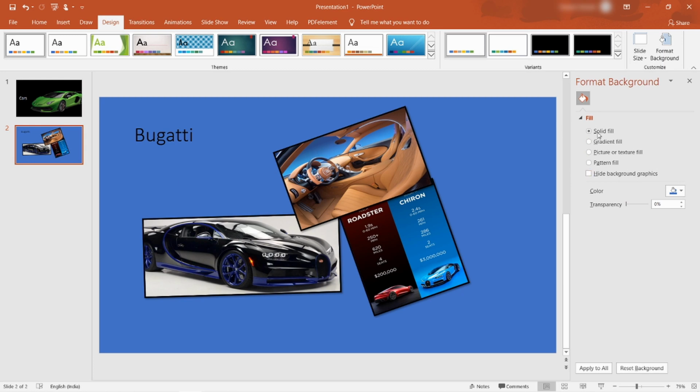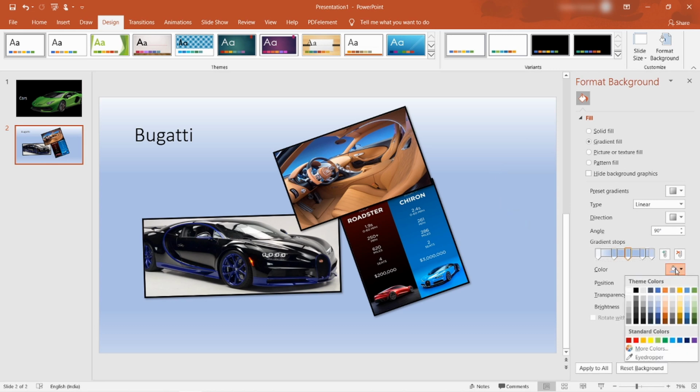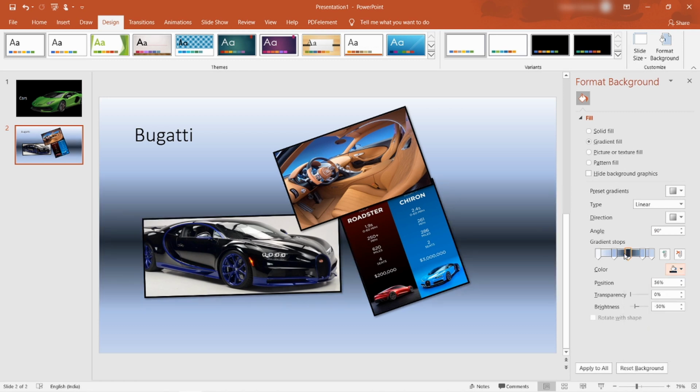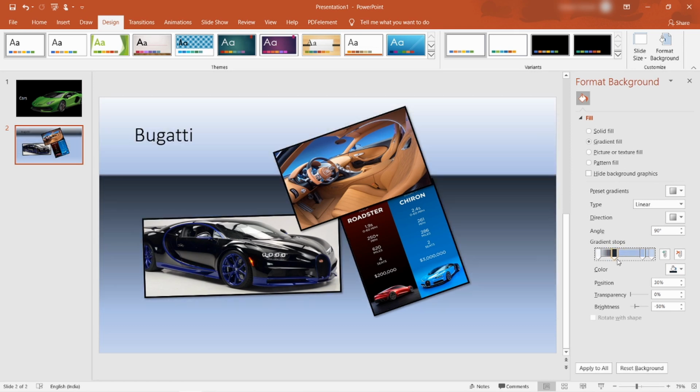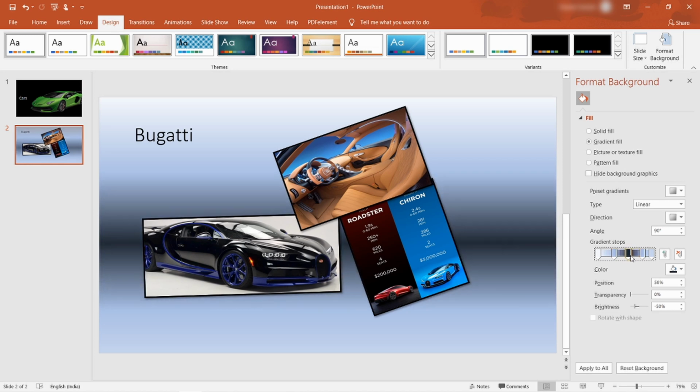So now let's go to the other category, which is gradient fill. So this is also a very nice thing. So this is my favorite option for formatting background. Here you can just click here and add a color. So I can just add black color, and you can move it for the alignment like this.